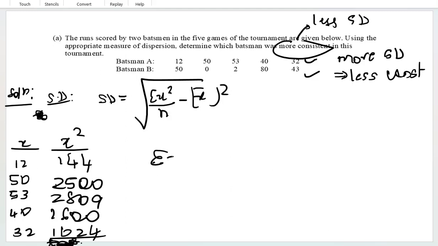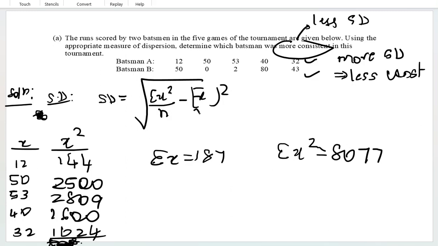Now, so therefore, we find out first the sum of X. Sum of X will be the entries in the X column. Now, basically, this sum is nothing but 12 plus 50 plus 53 plus 40 plus 32. This sum comes to 187. Now we have to also find the sum of X square. Sum of X square is nothing but 144 plus 2500 plus 2809 plus 1600 plus 1024. This sum is